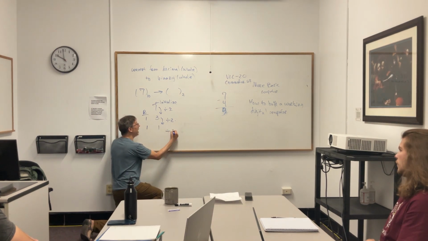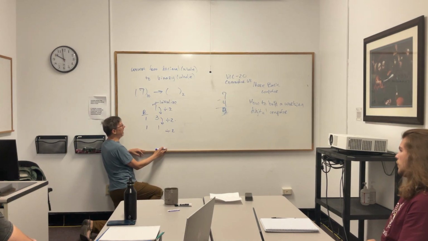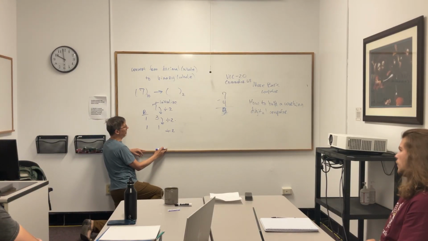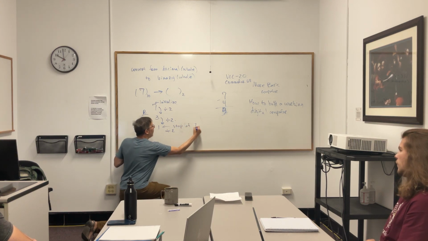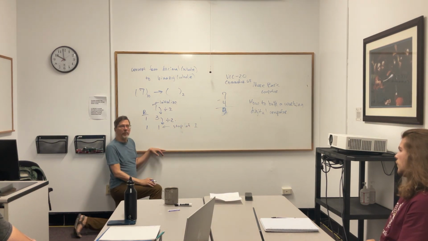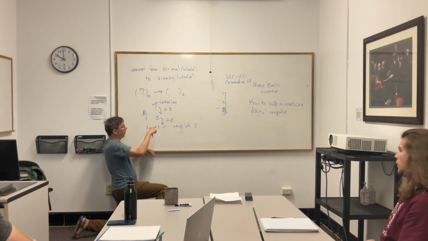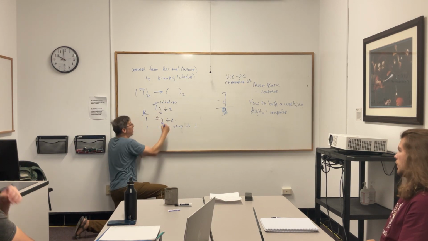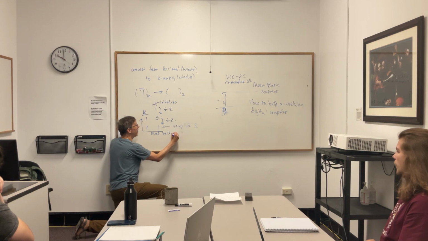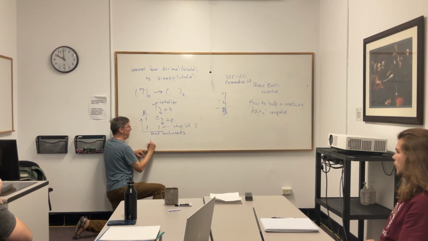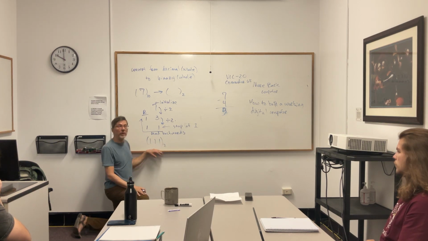Divide by 2 again. Well, I can't divide by 2 again. So the way I do this now is once I get to 1, stop at 1. Can't divide it by 2 wholly. So now all I do is read this backwards. This is step 1, step 2, step 3, read this backwards. And so what I'm going to do is write 1, 1, 1, and that is my base 2 conversion of